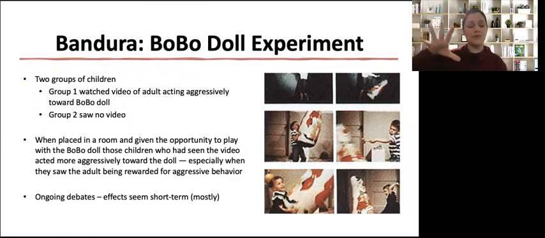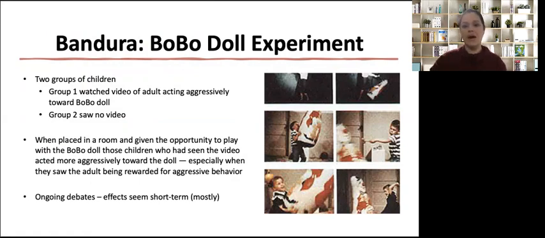Both groups observed them engaging in aggressive behaviors toward the doll. So the adults are punching the doll. It's like this big blow-up thing. When you hit it, it pops back up. So they're hitting it, they're yelling at it, and so on and so forth. So the children are watching the video of this adult. And half of the children